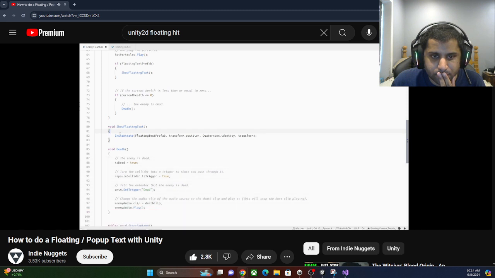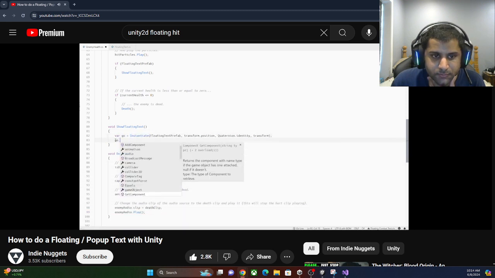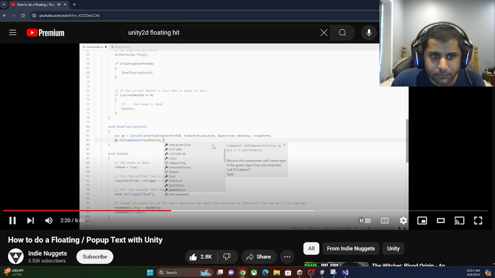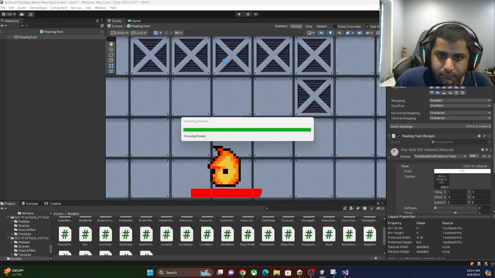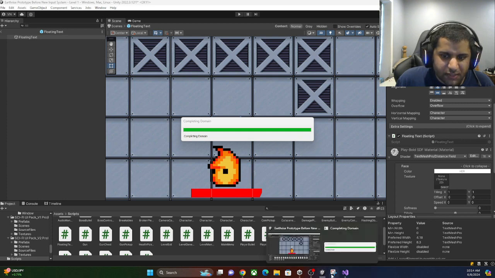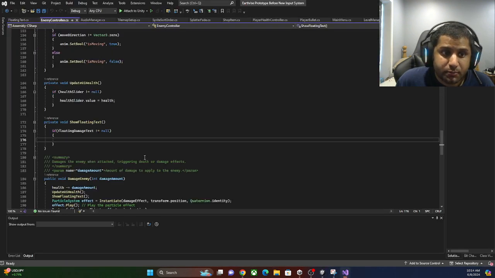So in the show floating text method on our enemy health script, let's get our text mesh component and change its text to the current health of the enemy. I don't want it to be the current health of the enemy, but I do want it to be